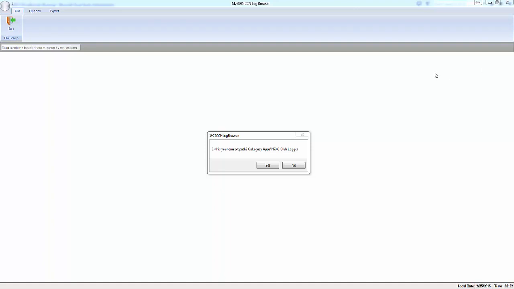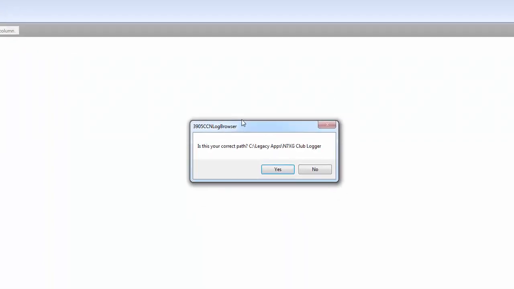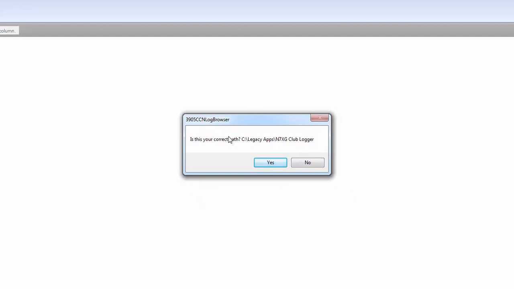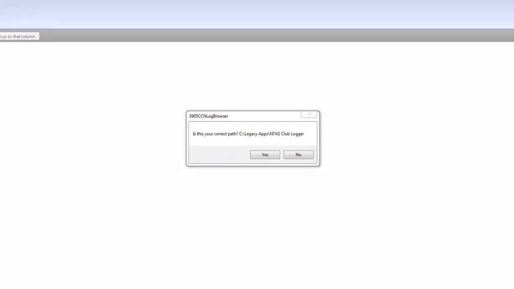As soon as you get it installed and you run it for the first time, you should see this little message box right here. It's going to ask you if the path to the database is correct. This is where it should be if you installed it by default. And what it's looking for is, if you open up Internet Explorer